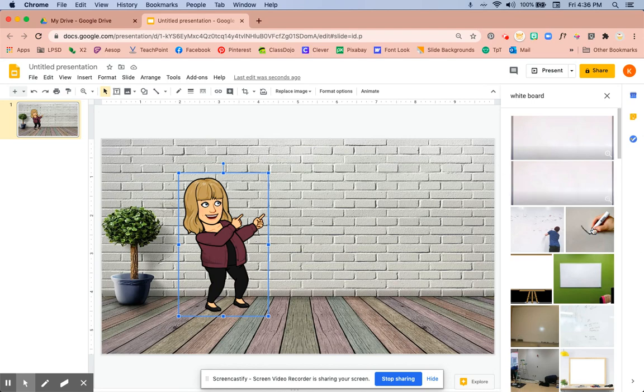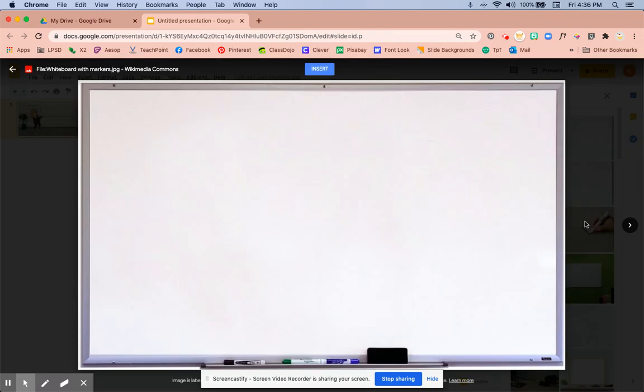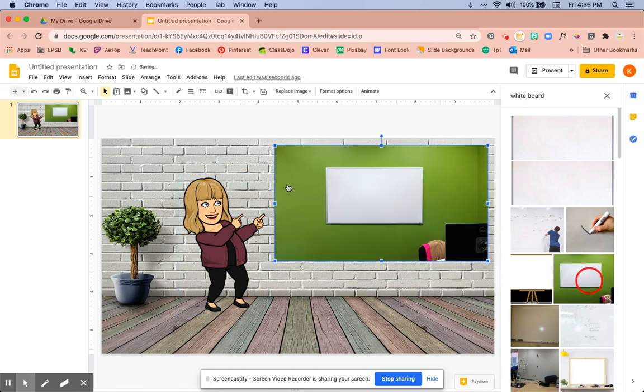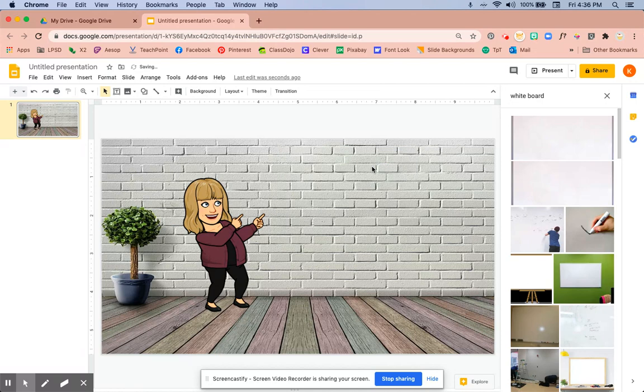You'll see that some of them you can't see. So you can press the little magnifying glass and see what it's really going to look like. Another trick is, if I added this in and I can just drag it in, watch what's going to happen. It's going to have that green background on it that's just kind of not cute for this room. So I'm going to show you two things that you could do. The first is the easiest. When you search for something, whiteboard,